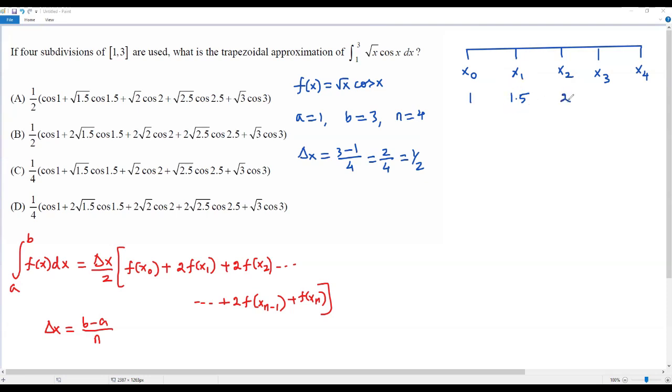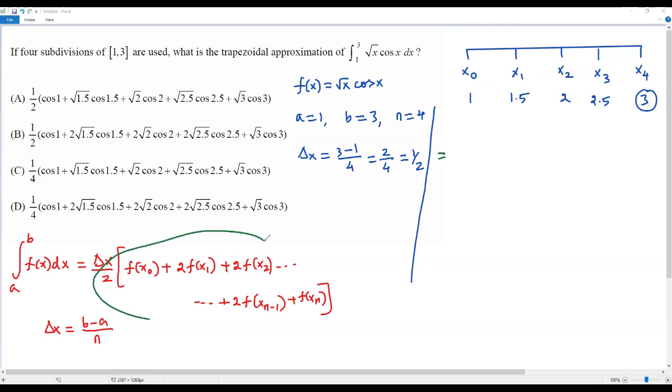Then I'm getting 2. Again, when I add 0.5 to this 2, I'm getting 2.5. When I add 0.5 to this 2.5, I'm getting 3, which is the upper limit of the integral over here. Okay, now we can write the trapezoidal approximation of the given definite integral, that is equal to delta x divided